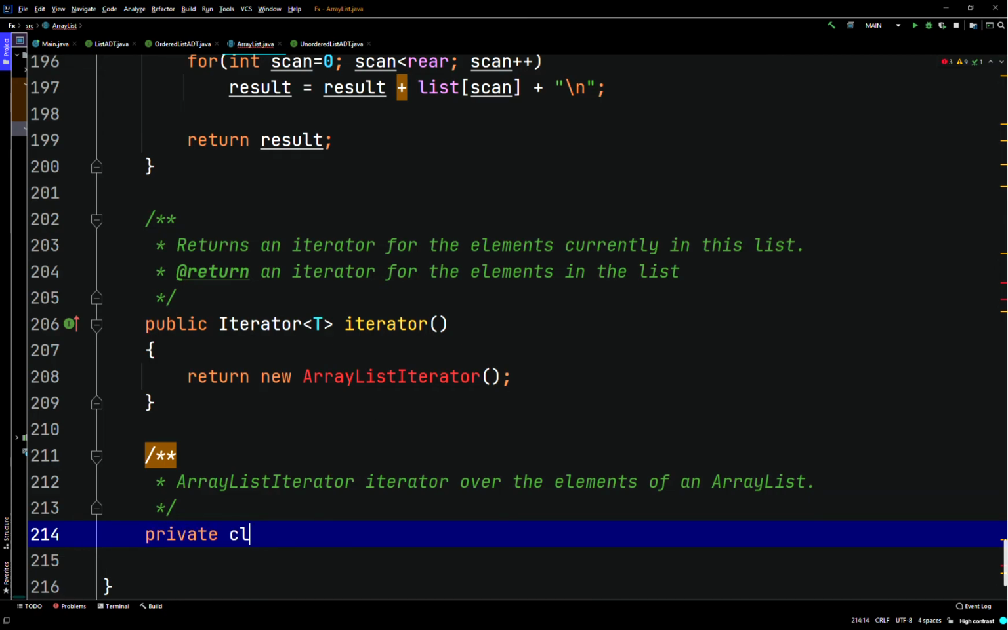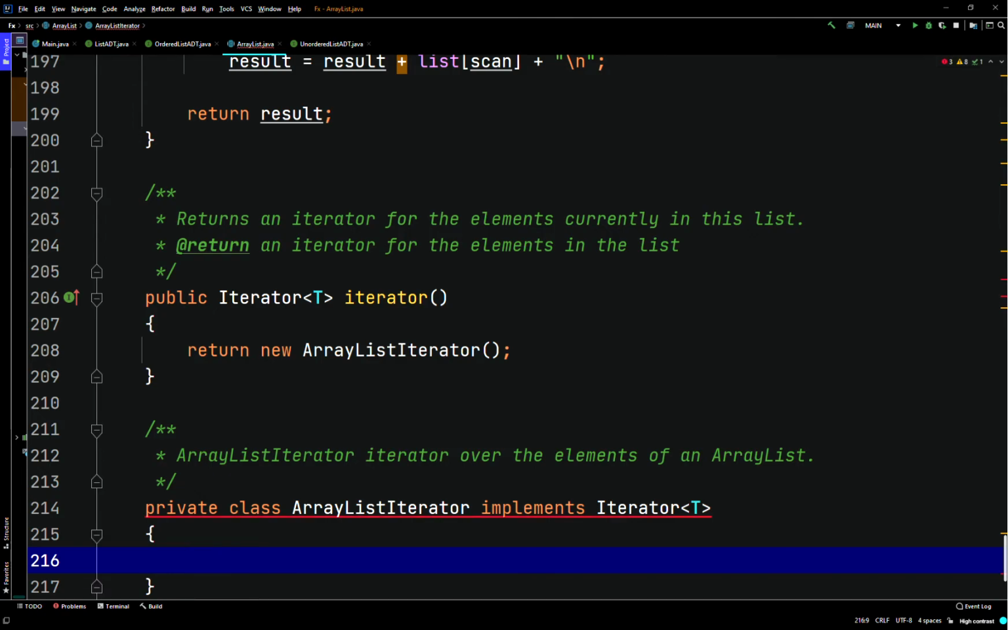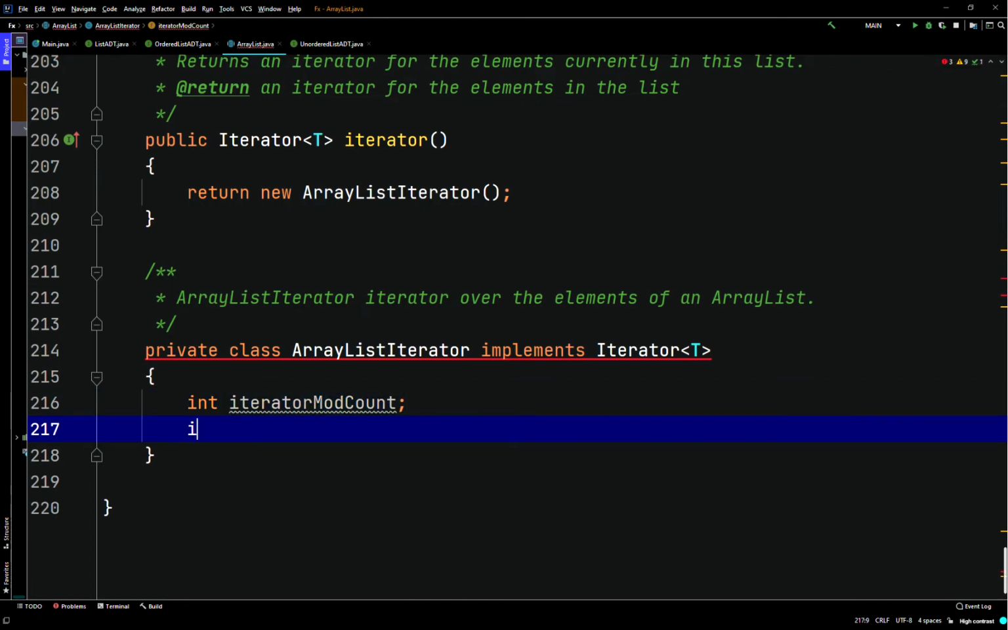So we'll say private class ArrayListIterator implements Iterator of generic type T, open brackets. What's wrong with this? So it's telling us we have to implement the hasNext and next and stuff. So here we'll have int iteratorModCount, int current,